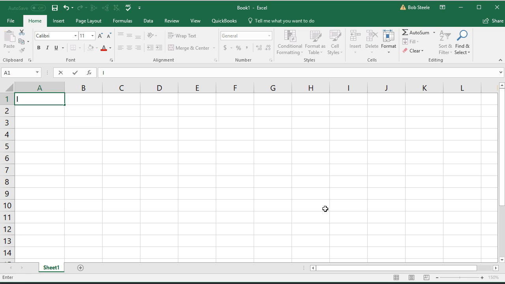So the first heading is going to be the item name that we're going to have. And then I'm going to select tab. So tab will take me to the next cell. If I hit enter, it'll take me to the cell below. So I'm in cell B1. This is cell B1. And we're going to have the sales